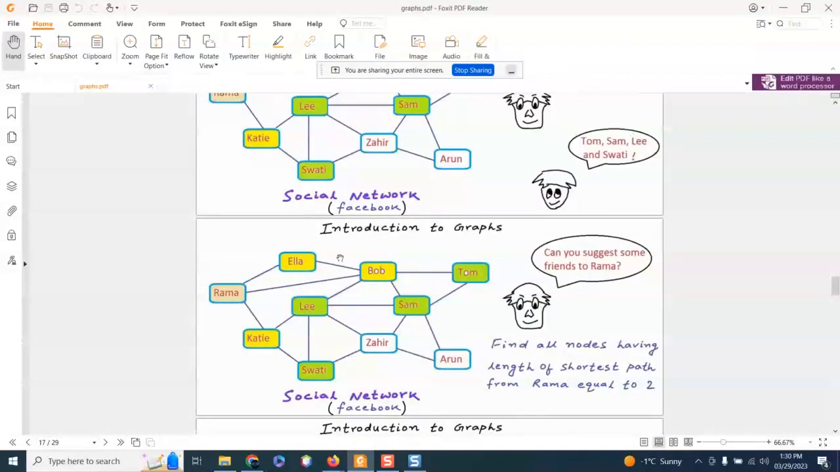And based on what we just looked at, find all the nodes having the length of the shortest path, and this is the answer. It's a little bit of an inverted slide, but